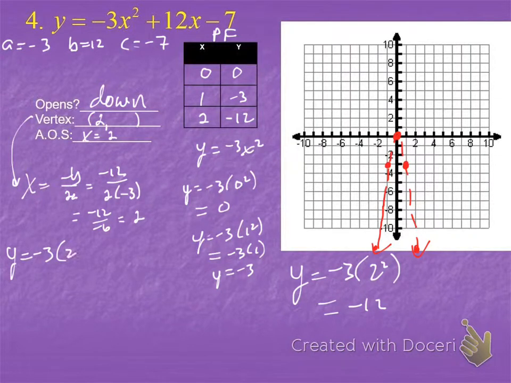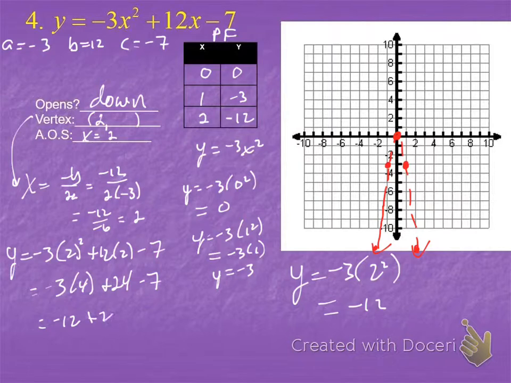And then to find the y-coordinate, we're going to plug 2 in for x. So negative 3 times 2 squared plus 12 times 2 minus 7. And do the work. So the y-coordinate of the vertex is going to be 5. So just look at the vertex. It's 2, 5. If you haven't picked up the pattern yet, basically the vertex is going to tell you what